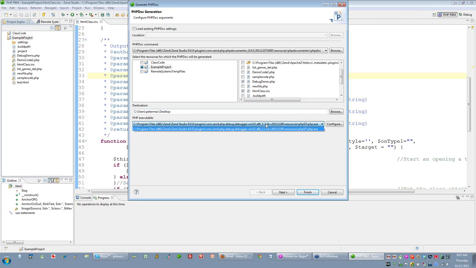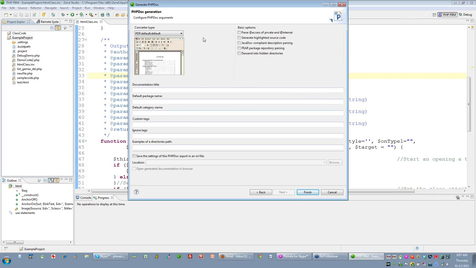And you usually just pick the same output executable that's going to be used to run through the code and document it. When you click next, you get all these options on the different PHP doc outputs. I use it right now for this purpose. We're just going to look at the PDF output, and you can have lots of titles and so on. Documentation title, let's go PHP Doc example,